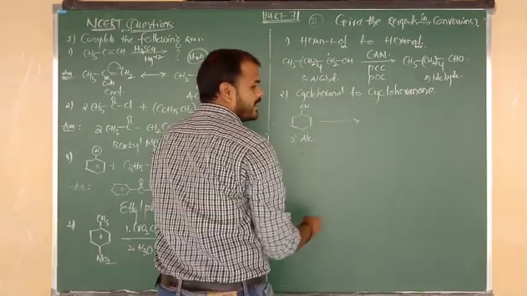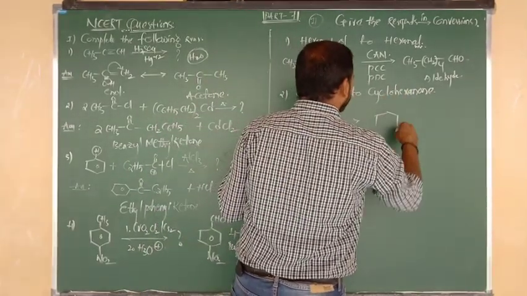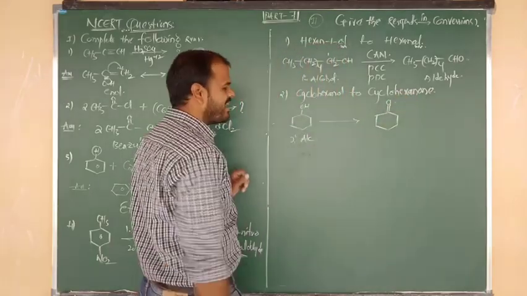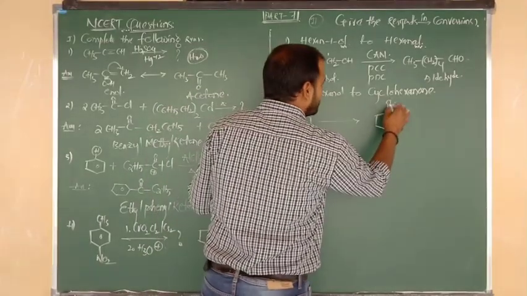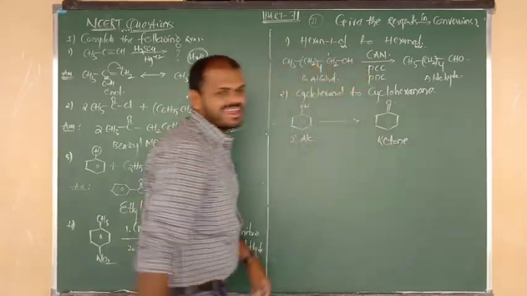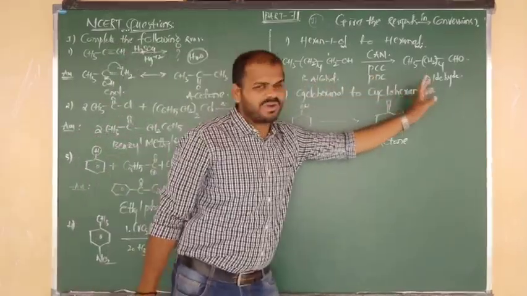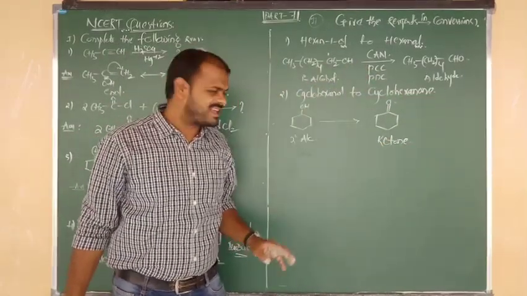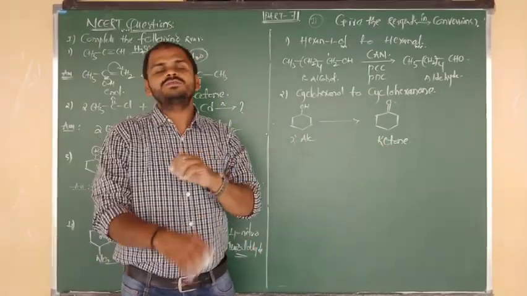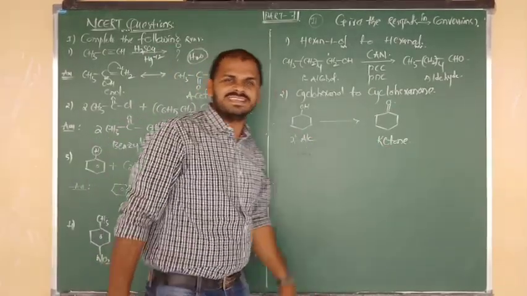It is converted into cyclohexanone. What is the formula of cyclohexanone? Again a 6 membered ring is there. Here we have to write a keto group. So for secondary alcohols, here C double bond O means it was converted into a ketone product. Again same thing: primary alcohol changes to aldehyde, we have to write the oxidizing agent. Secondary alcohol changes to ketone, it is also oxidation. Here also we have to write the oxidizing agents.